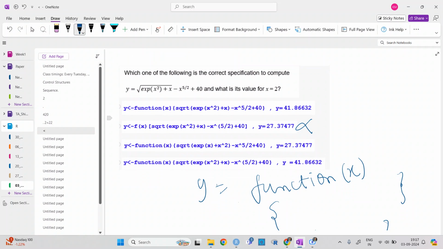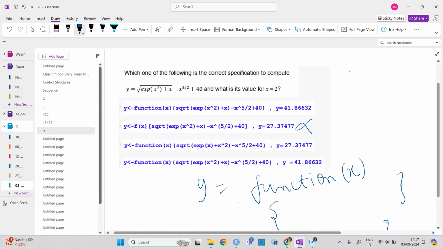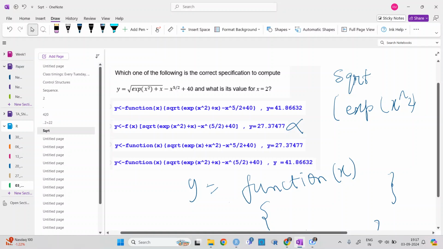Now we can see which one can be the correct one. Now it is square root of exponential x square plus x, right? Minus x to the power. Now you need to know x to the power 5 by 2 needs to be written in the bracket.